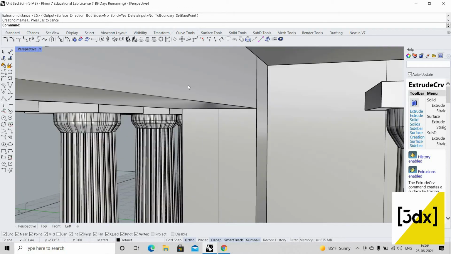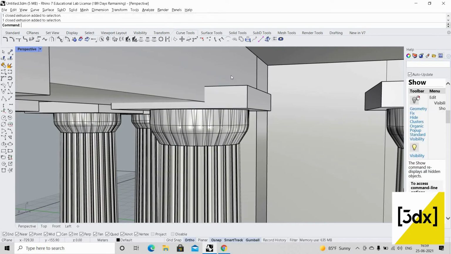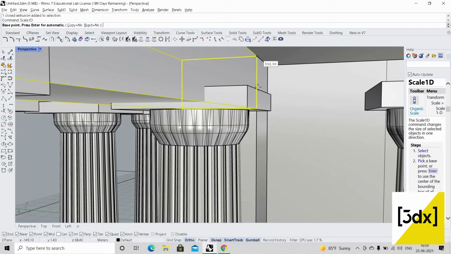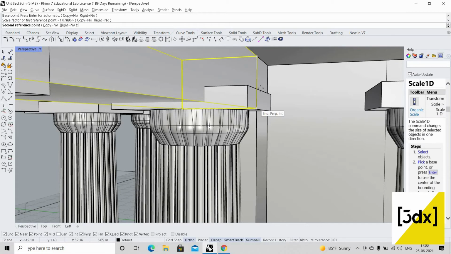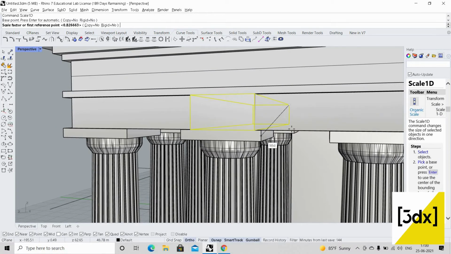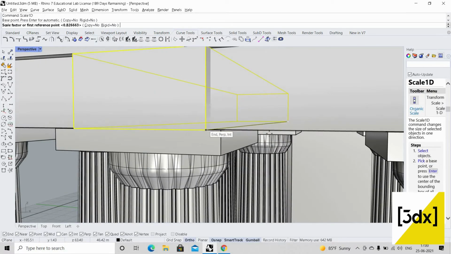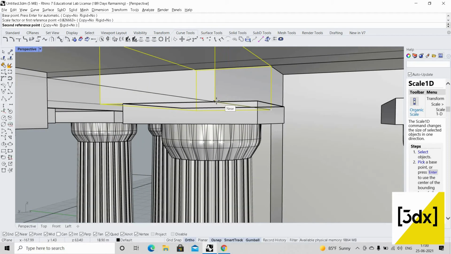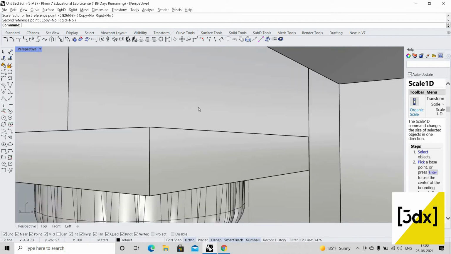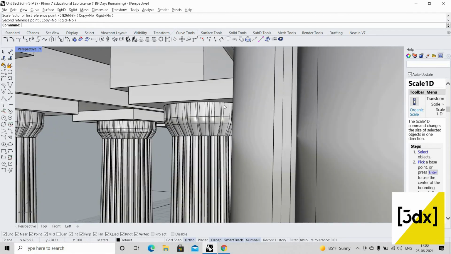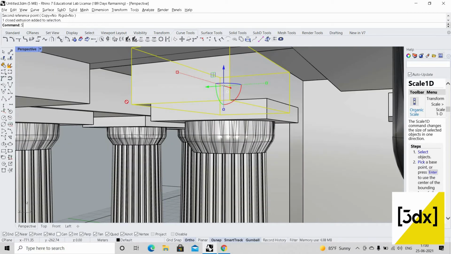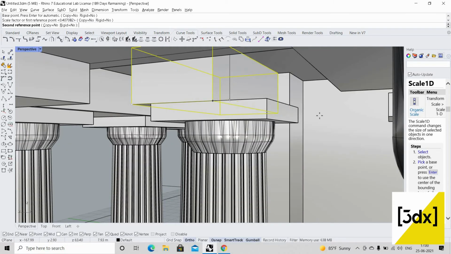Now I'm just using scale 1D. So I'm just unhiding first, and now I'm using scale 1D command to get the scale. So I'm just scaling according to the correct ratio. So I want a surface like this. Now I'm just using scale 1D in the opposite direction. So in the inner side there is maybe a seating like this, so I'm just altering according to